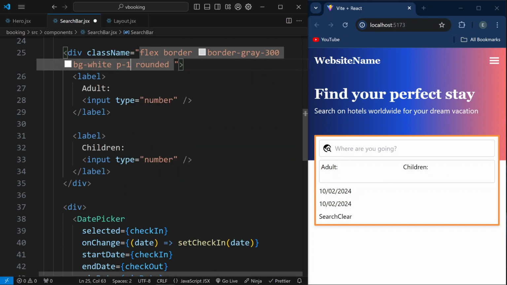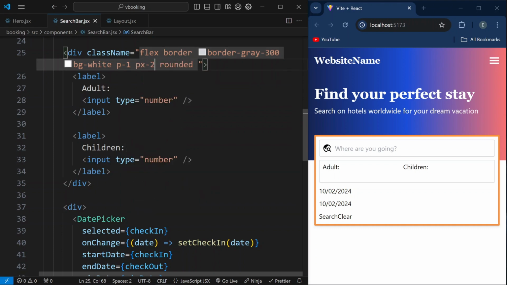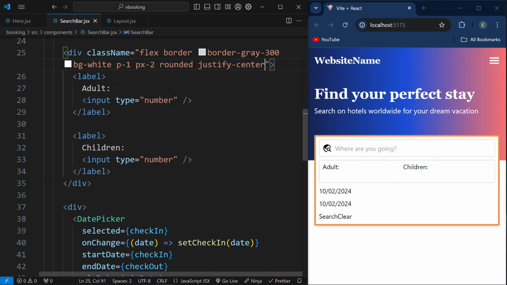Let's give it here px2 like this, and we also need these fields to be in center. Let's say justify center